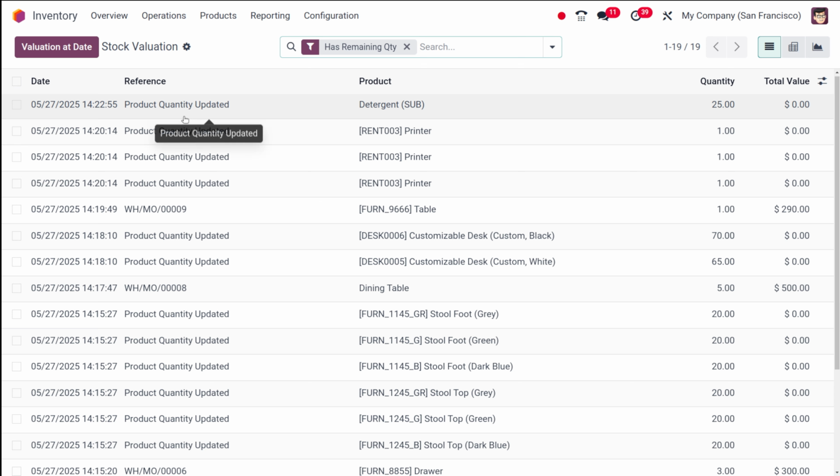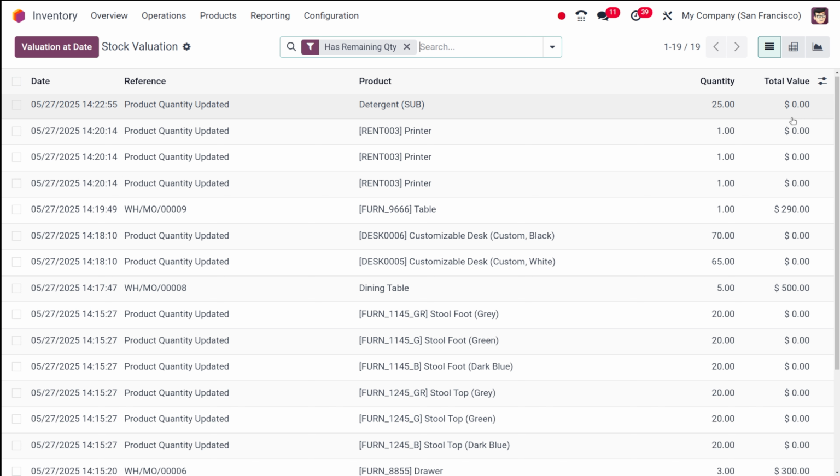Then you have the reference, the associated document like a warehouse receipt or delivery order. Then you have the product, that is the product being moved and valued. Then you have the quantity, the number of units that increased or decreased in stock. Finally, you have the total value of that specific stock move, calculated by multiplying quantity and unit value.